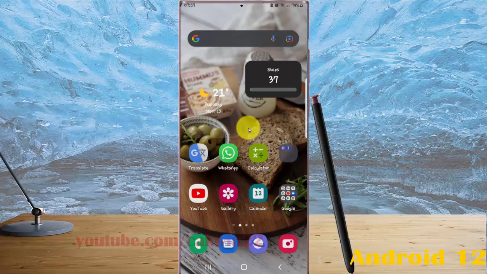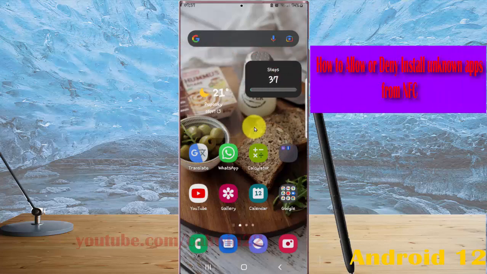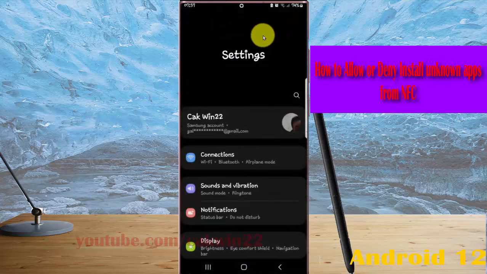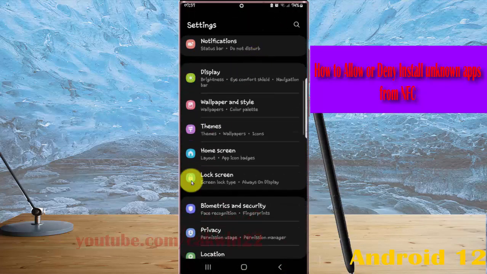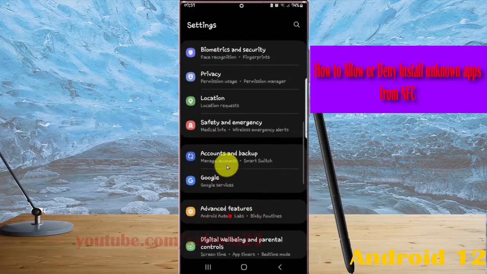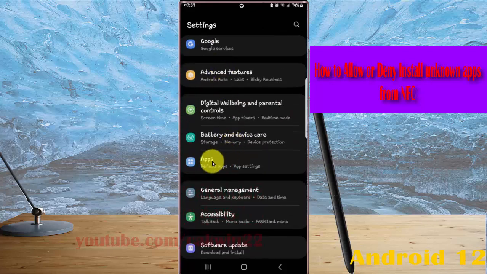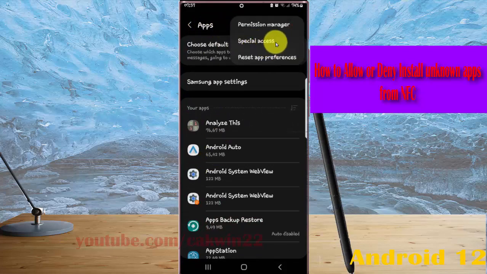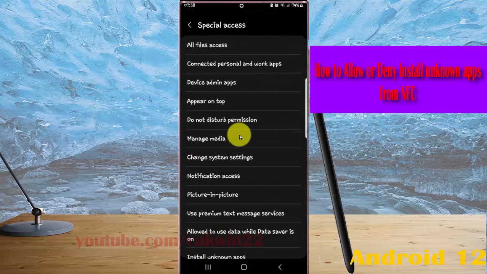To allow or deny install unknown apps from NFC in Samsung Galaxy S22 Ultra, open settings, swipe the notification panel and then tap settings icon, scroll down settings screen, find apps, and then tap apps. Next tap apps more icon or three dot icon, select special access, and then scroll down